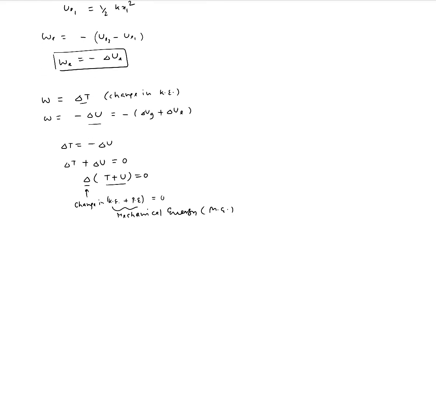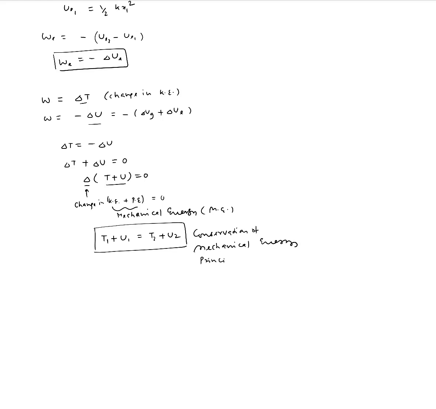And what does that tell you? It tells you that the kinetic energy and potential energy combined together are constant as the system or the particle moves from one configuration to another configuration. So this can be written as T1 plus U1, the total mechanical energy in configuration 1, equal to T2 plus U2, the mechanical energy in configuration 2. And this is called the conservation of mechanical energy